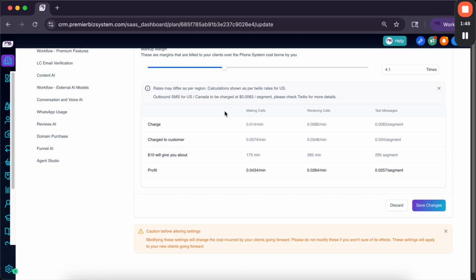When you look at this and I moved it, now it's charging the customer 0.0574 for making calls as opposed to 0.014. Then it's saying my profit is 0.0434 per minute, right? So let's just move this all the way up to 10 times so you can see the real serious difference. What you also see though is that it decreases the amount of time or text messages